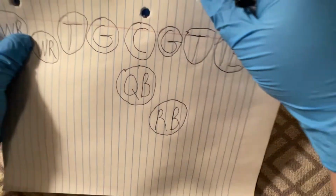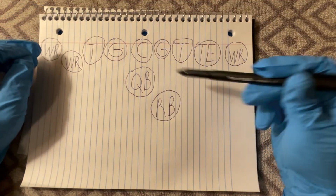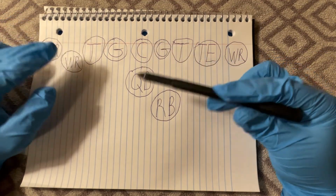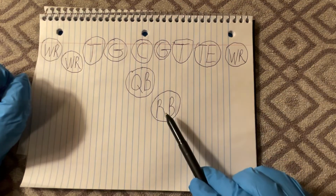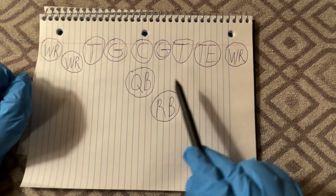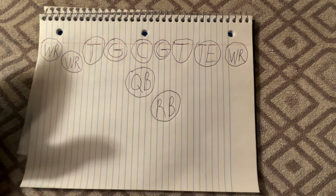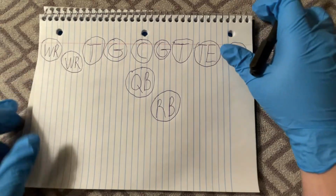And then on the offensive side, you have the quarterback right in the middle. He gets the ball, the most important position in the entirety of football. You have the running back, the wide receiver, the tight end, tackle, guard, center, and then for some bonus knowledge